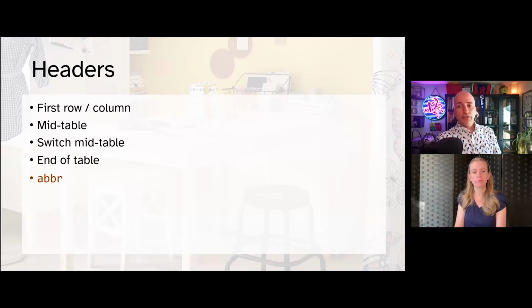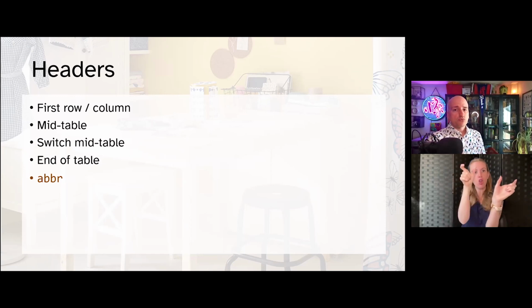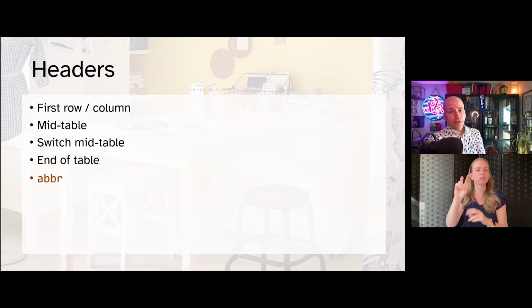Put your row headers in the first column and your column headers in the first row. Don't put your column or row headers mid-table. They are often only recognized for cells that follow them in the DOM, literally in the source code. Don't assign new column or row headers partway into the table. Generally, they are additive with prior headers, which gets rather complex and a bit verbose. Don't put your column headers at the end of the table, whether or not you stuff them in a T-head. And don't put your column headers in a T-foot, no matter where you put them in the table.